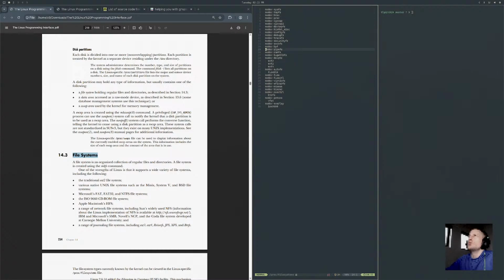So these nodev ones seem more like virtual file systems, whereas these are more like hard drive file systems, or CD-ROM in this case, or I guess that can be like little jump drives and stuff like that.